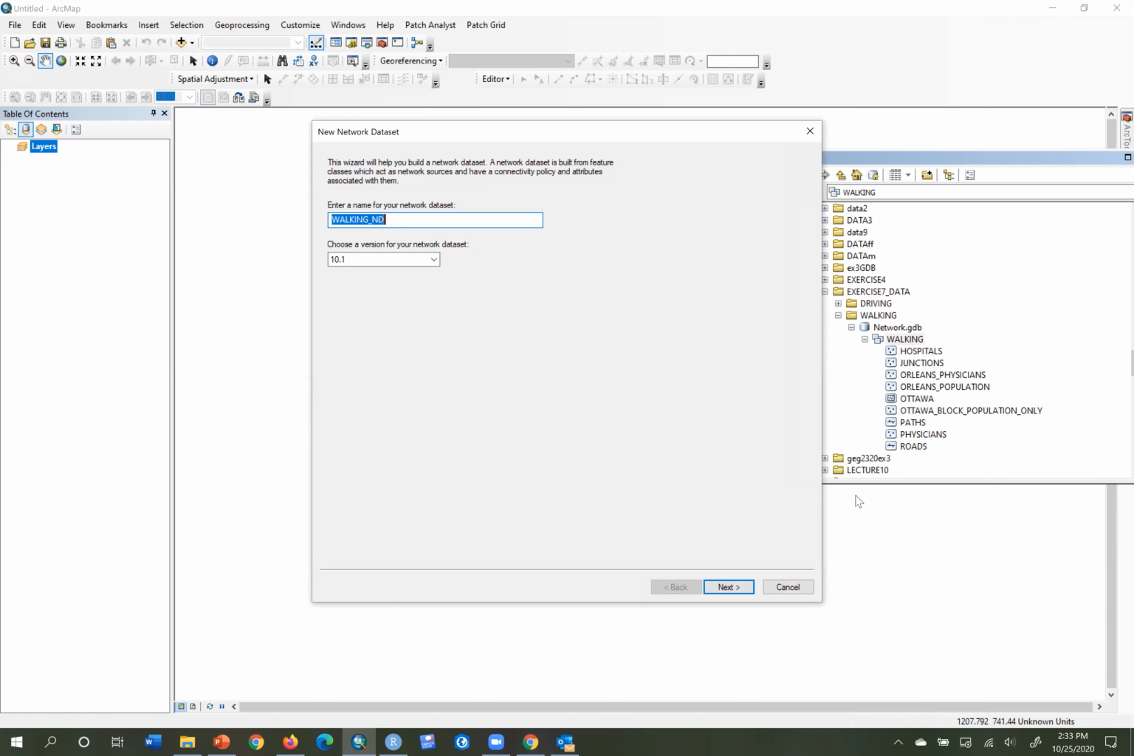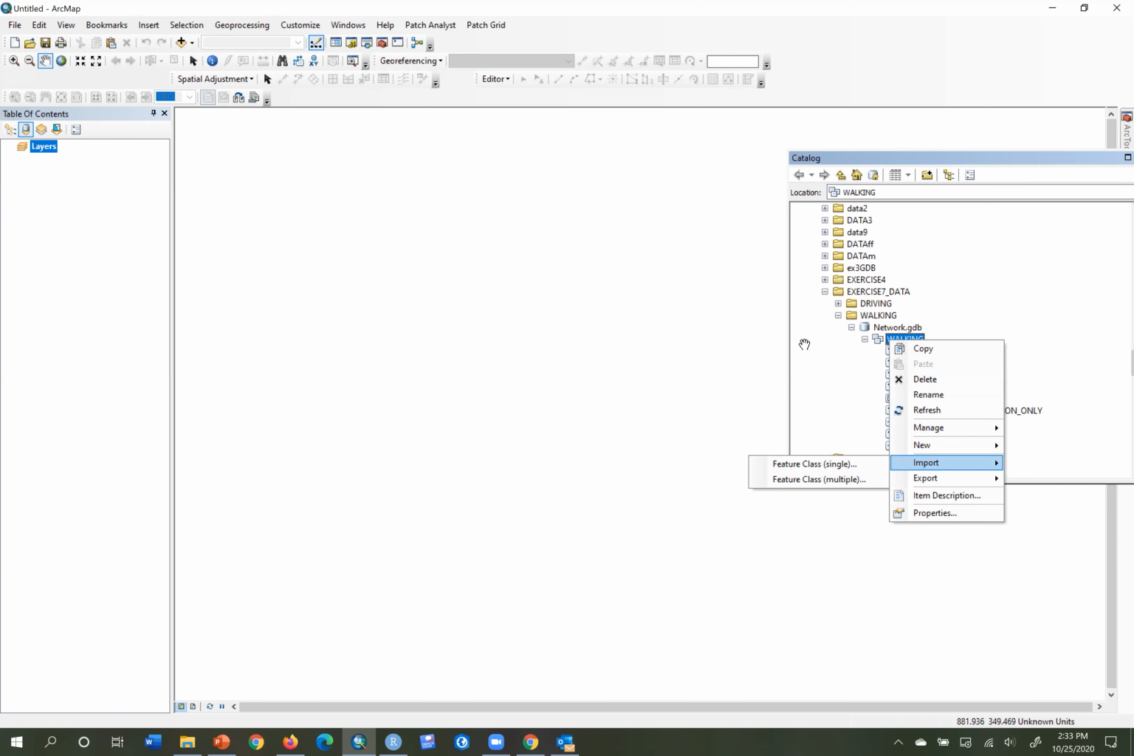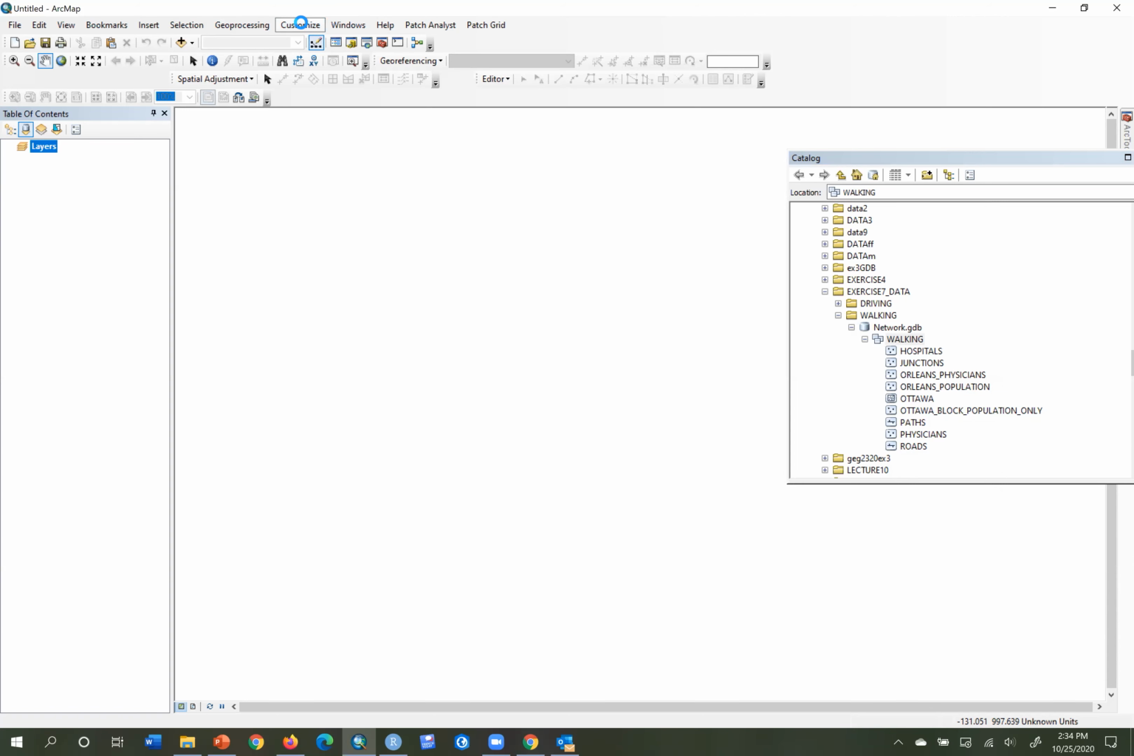You may not see that. So you might see a grayed out one, and that means you have to load the extension for this. So you might see something that when you look at new, it doesn't either show network data set or it shows network data set grayed out. In that case, you have to go to customize in the menu